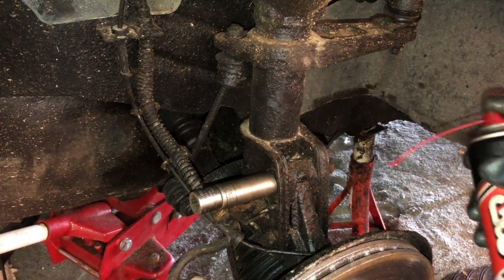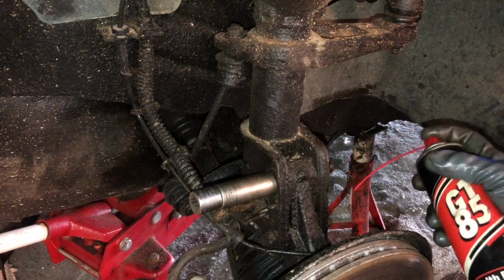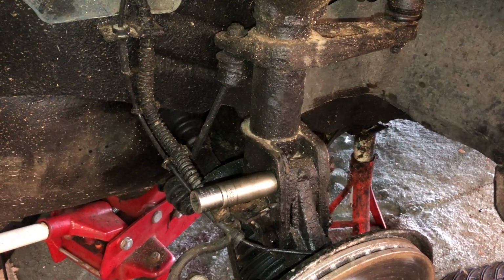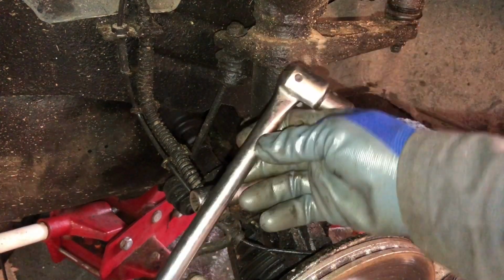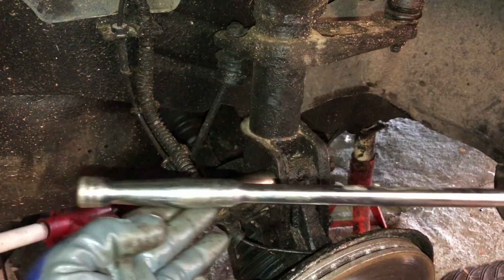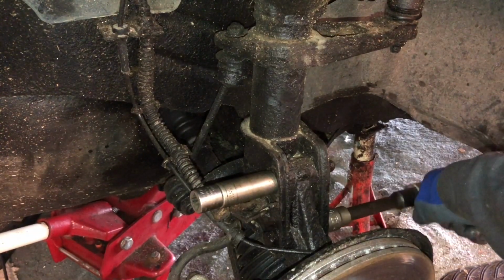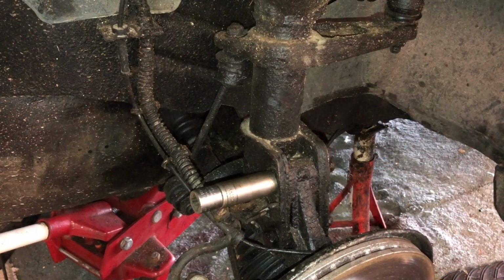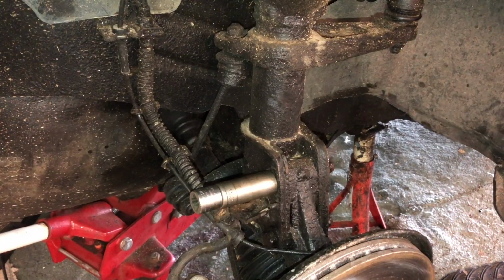What I'd recommend is spraying with a bit of WD-40 penetrating spray or penetrating oil or the like. Then get a power bar on your socket, something like this sort of arrangement, big long power bar. You have to put a hell of a lot of weight onto it getting that on. I couldn't actually shift it with the power bar, and I did therefore invest in,